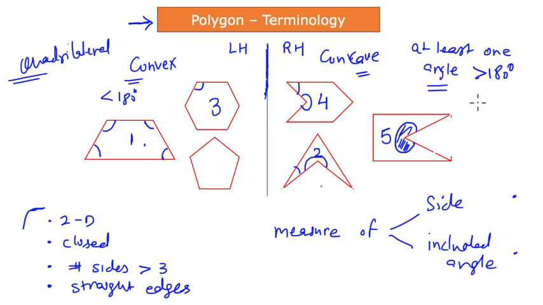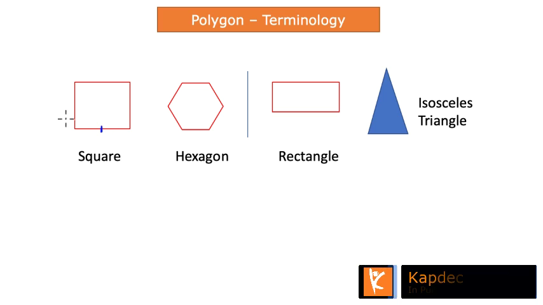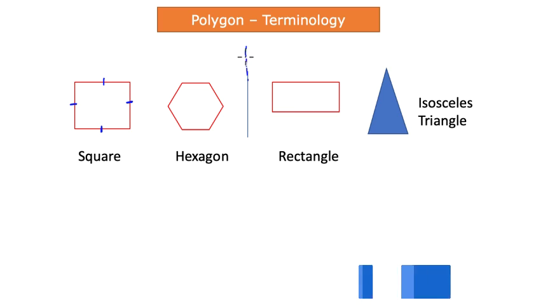Now let us look at another kind of differentiation between polygons. Another differentiation between polygons can be defined by way of the measure of the side. What you see here is a square. It's a 4-sided shape, right? But we know that the property of a square is that all 4 sides are equal to each other, right? And on the right hand side, when I say right hand side, that means the right hand side of this dividing line that we have. So this is my left hand and this is my right hand, okay?